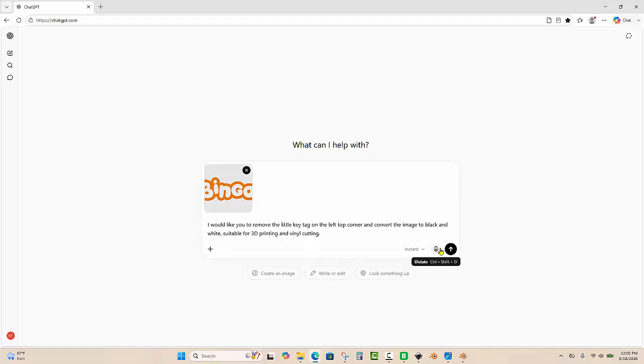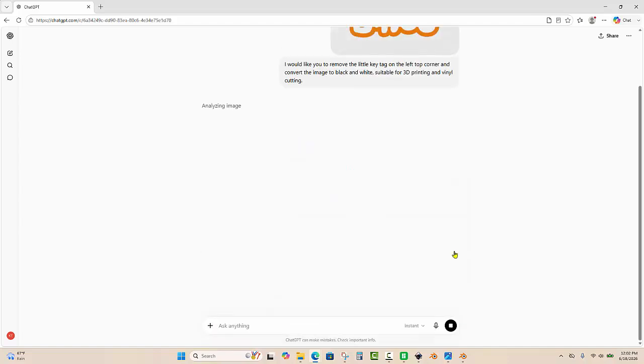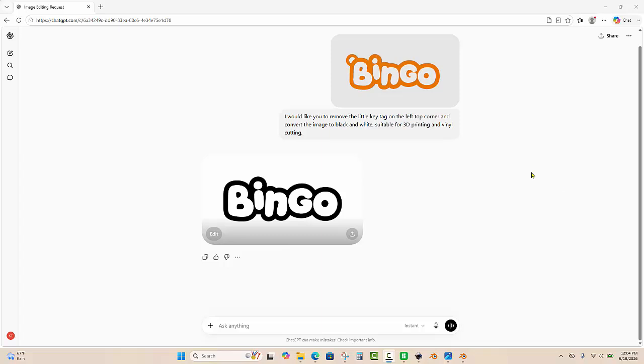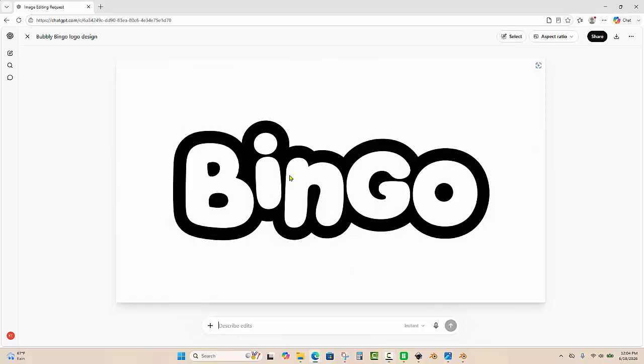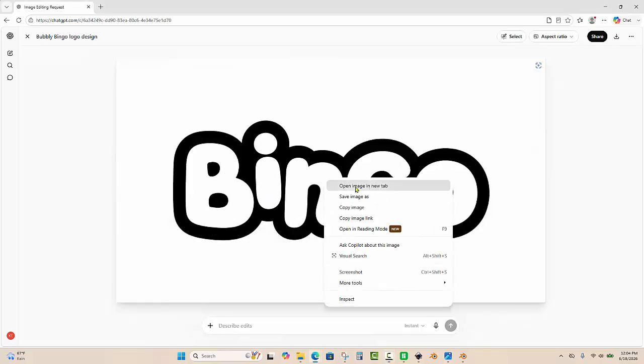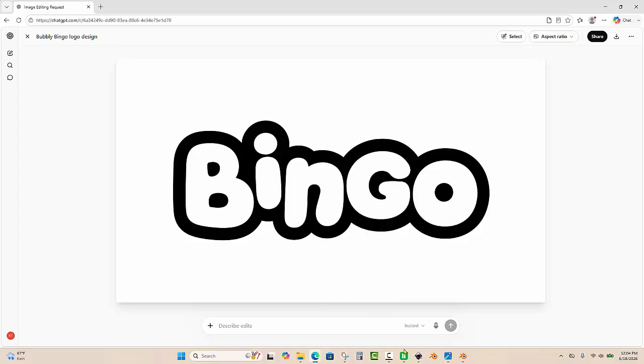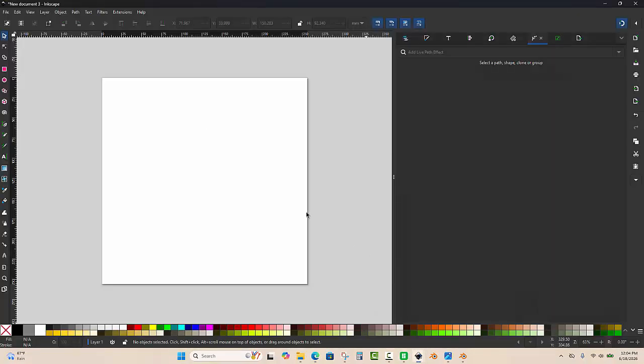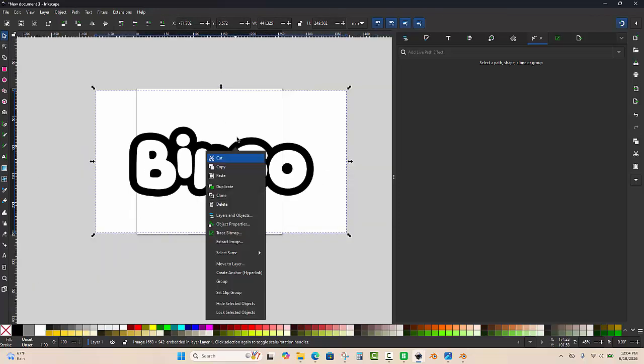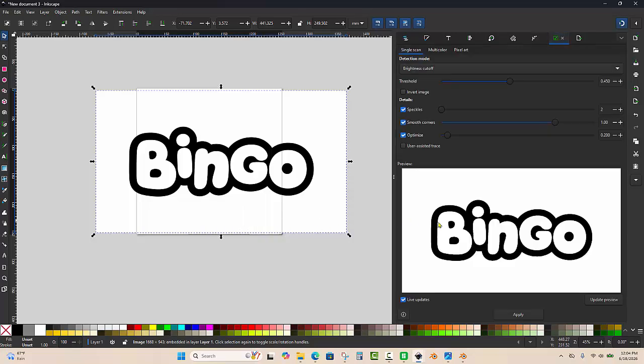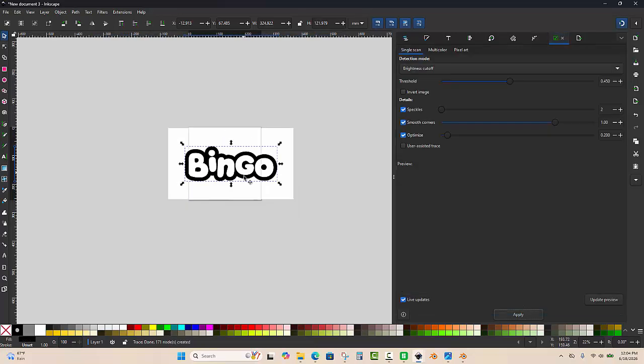All right, so there we go. Come on, chat, do your thing. So you can see chat did exactly what we asked it to. We'll go ahead and copy our image, and then we'll come in here to Inkscape and we will paste our image. Then we will right click on our image and choose Trace Bitmap, and we'll go ahead and hit apply,